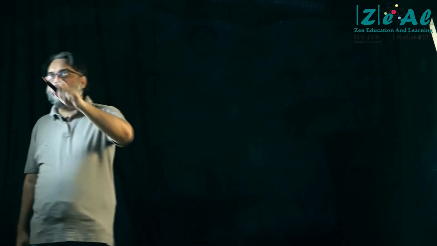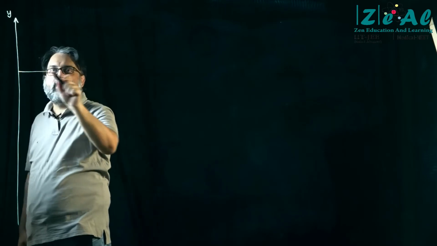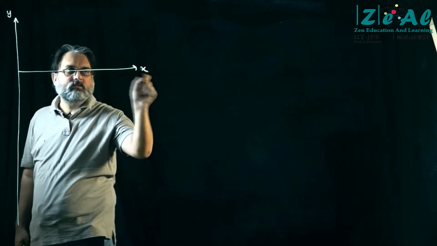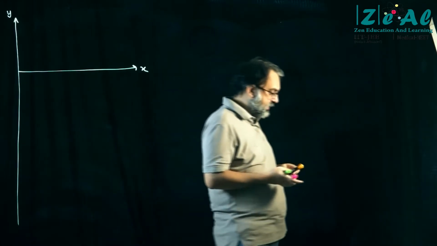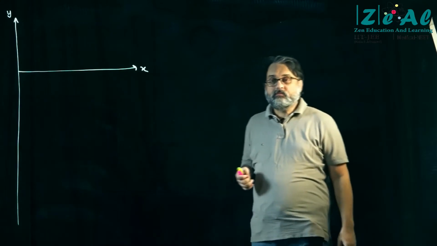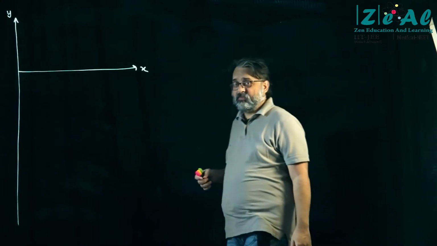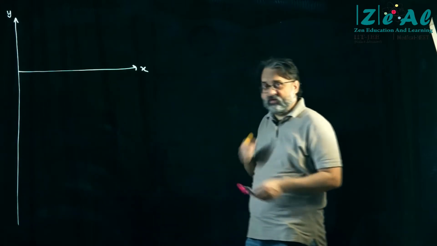So let's say that I draw a graph, y-axis, x-axis. Now you may ask, जब y और x एक्सिस बनाना था तो ये लंबी लाइन क्यों खींच दी इतनी? उसका मैं रीजन बताता हूँ.